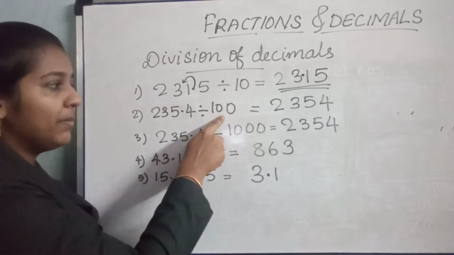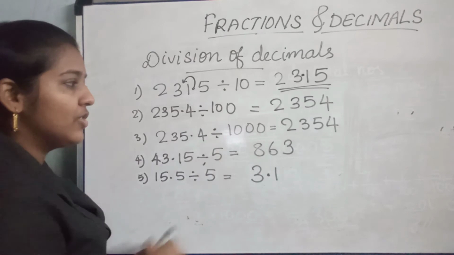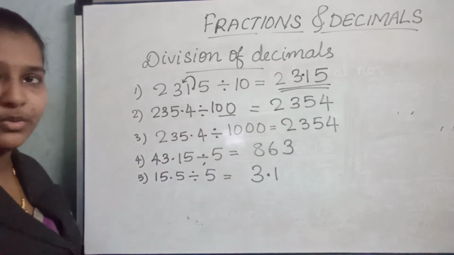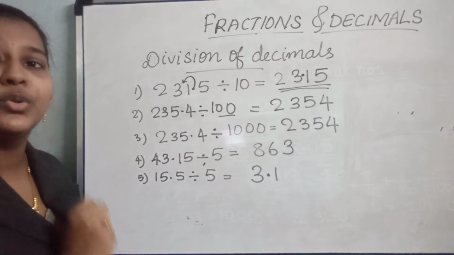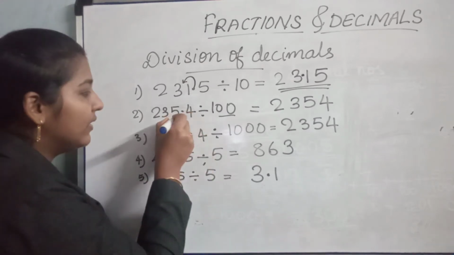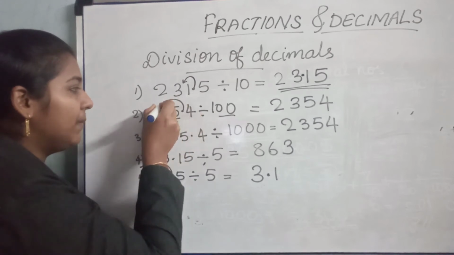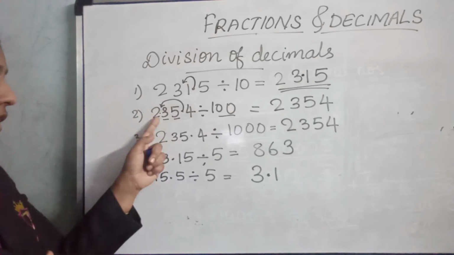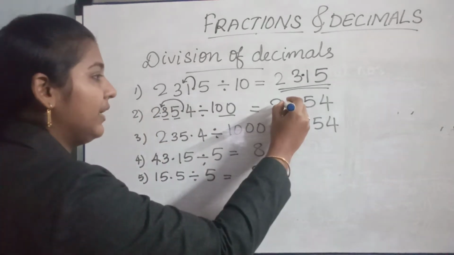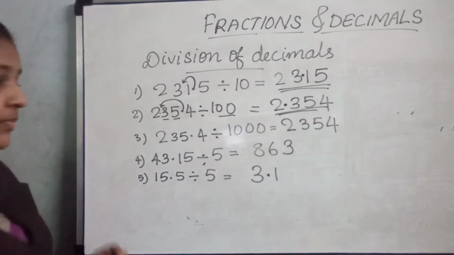235.4 divided by 100. Here the number of zeros in this question is 2. There are 2 zeros. So you shift the point to the left by 2 places. This is one place and this is the second place. So you shift the point after 2 places. So the answer will be 2.354. Got it? Now the next one,